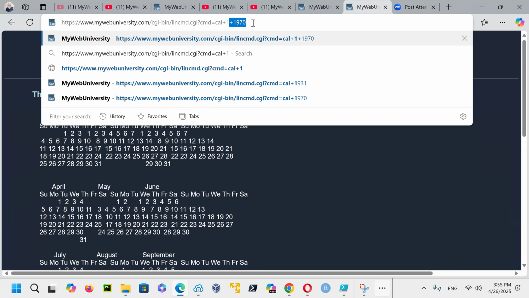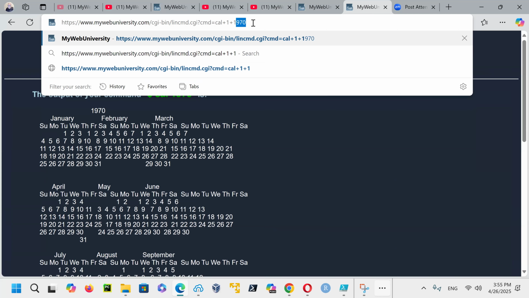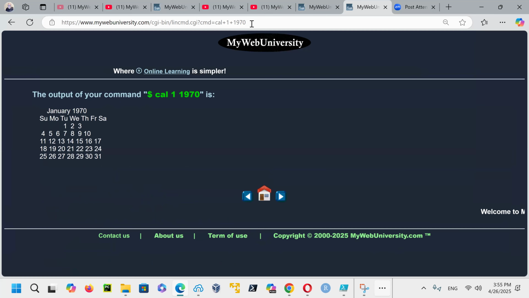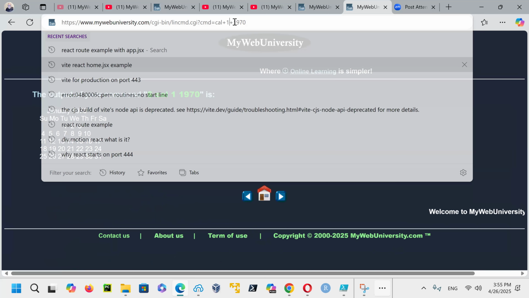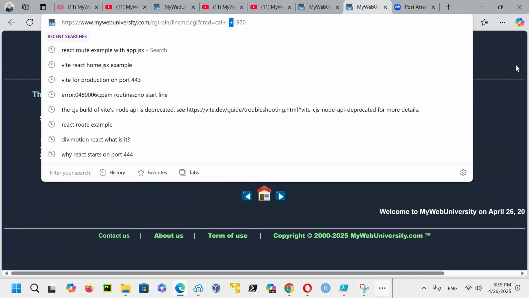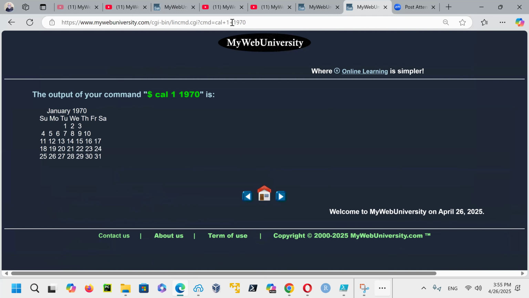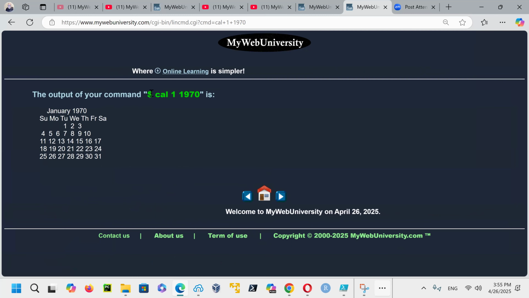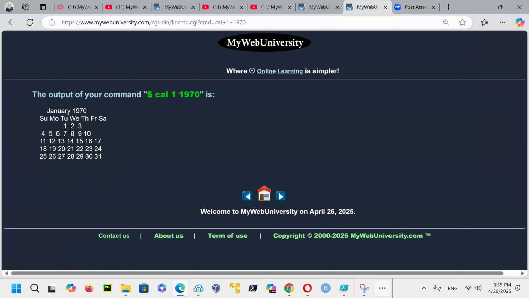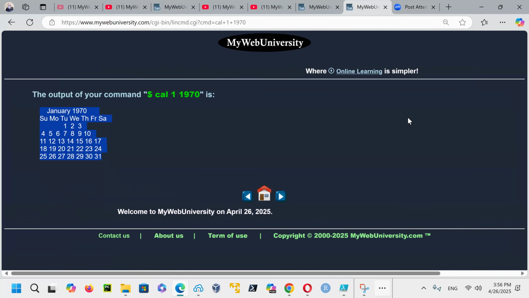So if I say, show me only January of 1970, you can see here I did a query string update, but because I know the syntax of the query string, I put the plus saying that wherever there's a space, put that there. So now it says January 1970, this is the Unix epoch calendar, when Unix started.